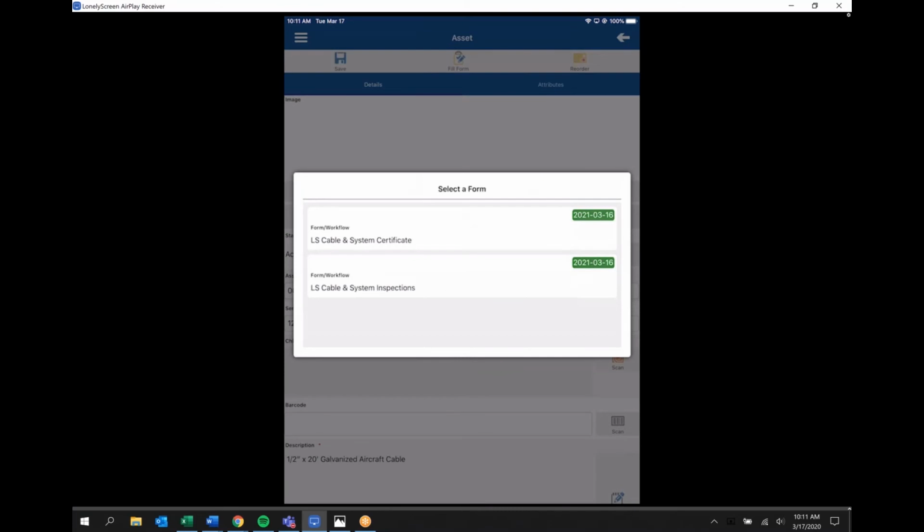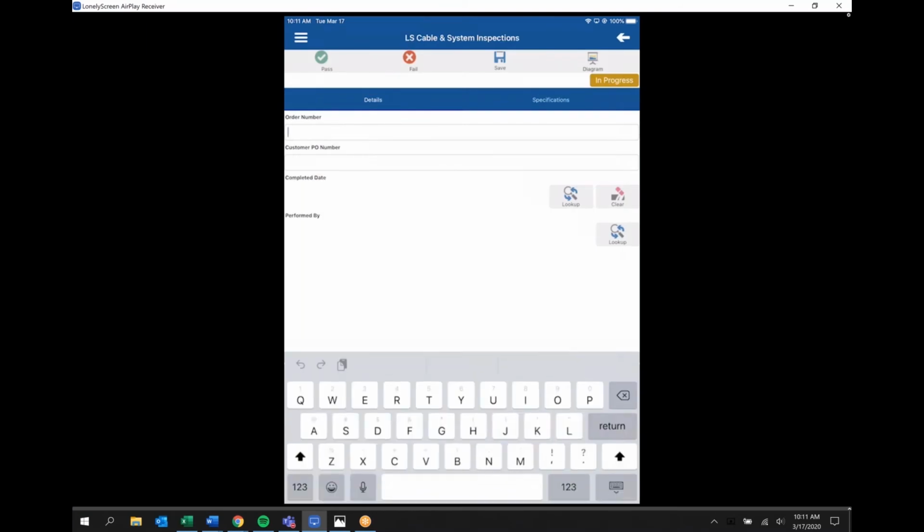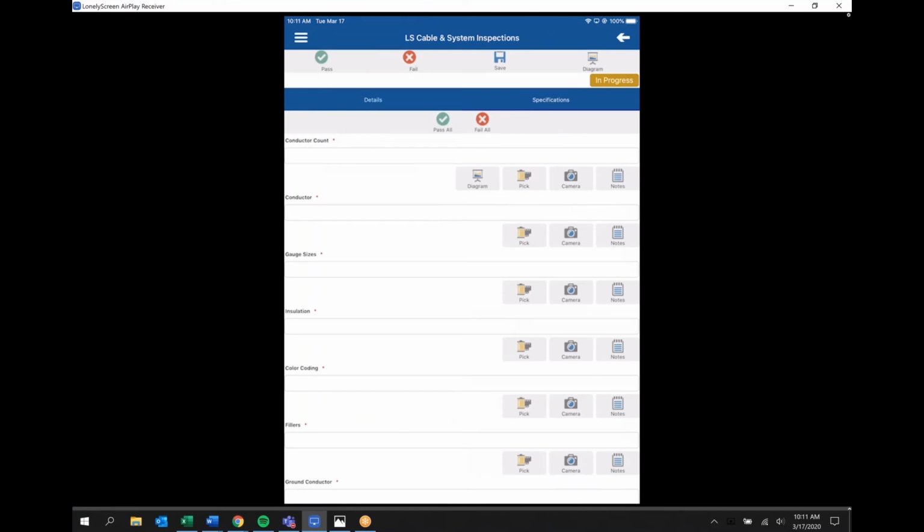Now, one of the things that we had heard from especially Highline operators was that sometimes you need to pick a picture that you already had on your device rather than picking one that is in front of you. We've added that option, so now if I go to the system inspections here and I put in my job number or my order number, and then I go out to fill the next part in my inspection here, I have a couple of extra